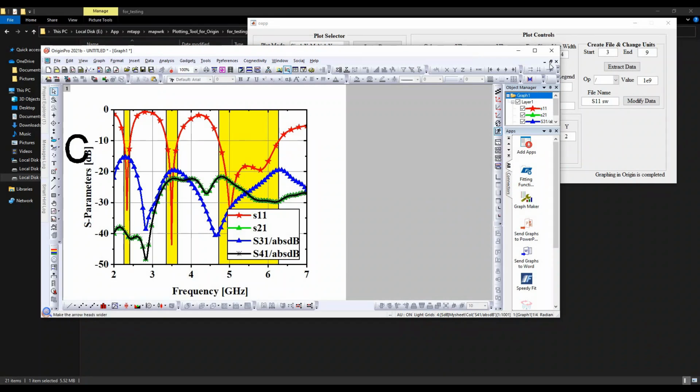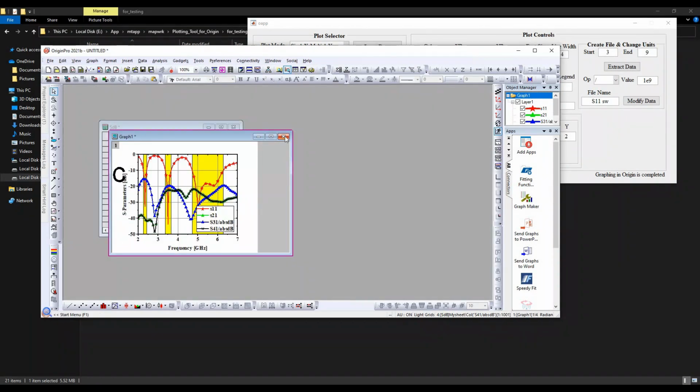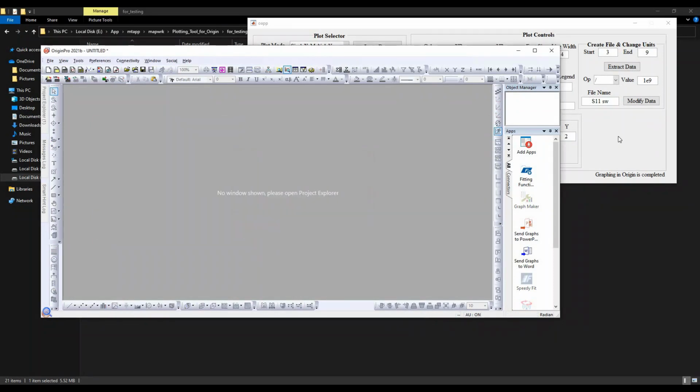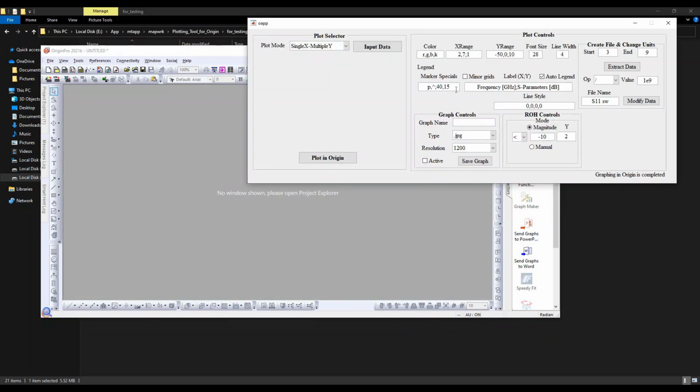And I would like to reduce the number of markers on each plot. So you can change this value to whatever you want. 40 I will choose. And the shapes may be upper triangle and lower triangle.